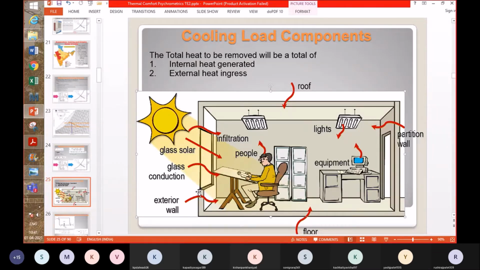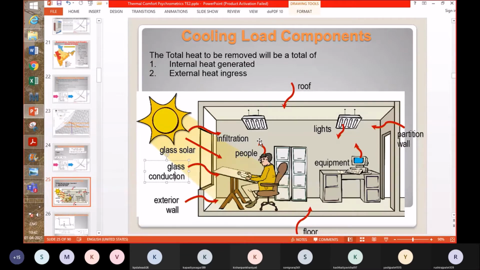So basically there is a temperature difference between the inner surface temperature of the exterior wall and the outer surface temperature of the wall, and because of that there is conduction of heat through the wall. So that is one way in which the heat is coming into the conditioned space. Then if you see the thing above this, glass conduction, right? You have put some glass for the sunlight to come into your space, or to have a view of outside.